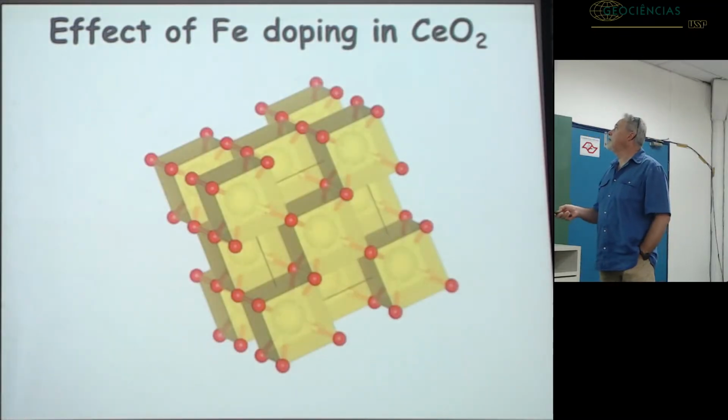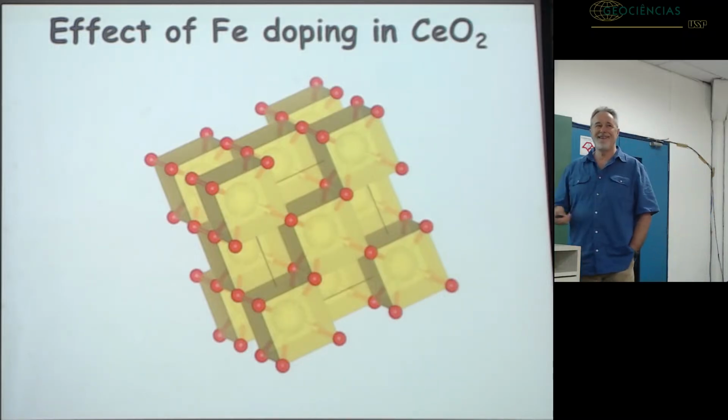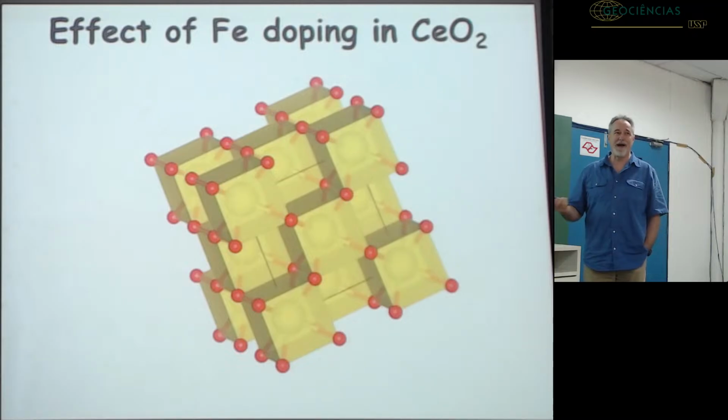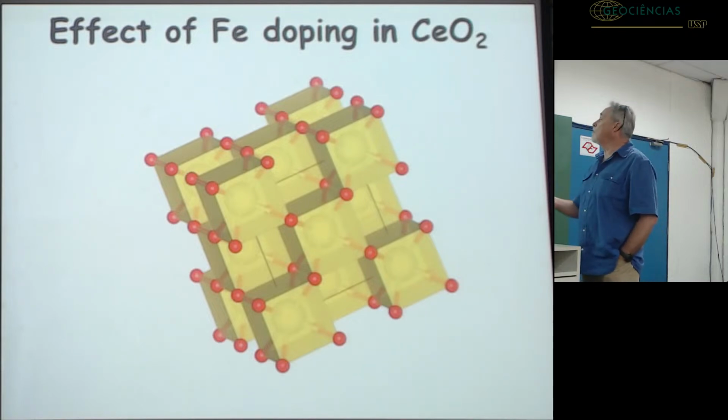The last one: effect of iron doping on cerium oxide. It is not the future material for batteries. Why? Cerium is expensive. It was just a trial to see how it worked. And what we expect is that lithium should enter